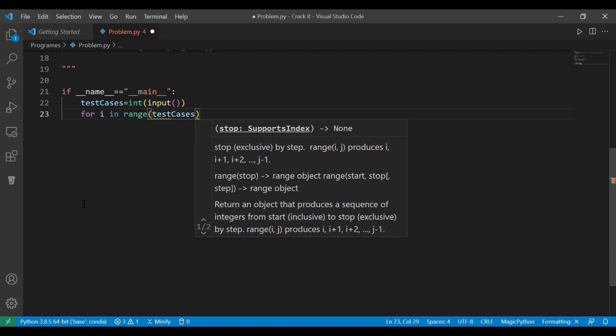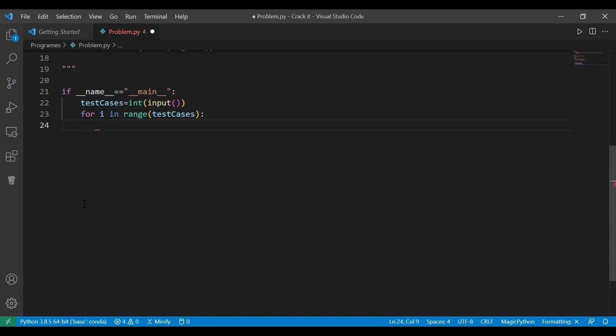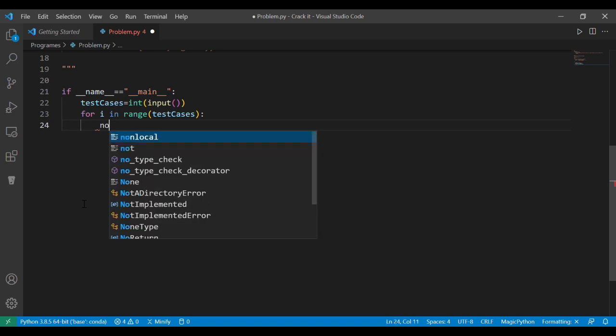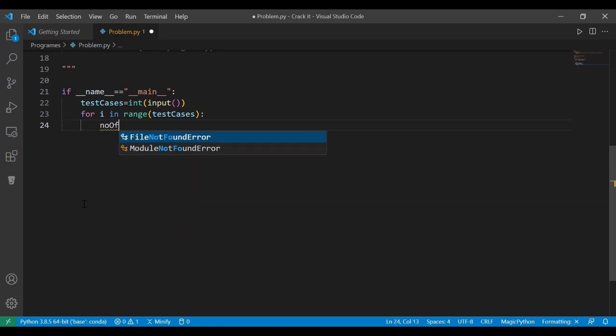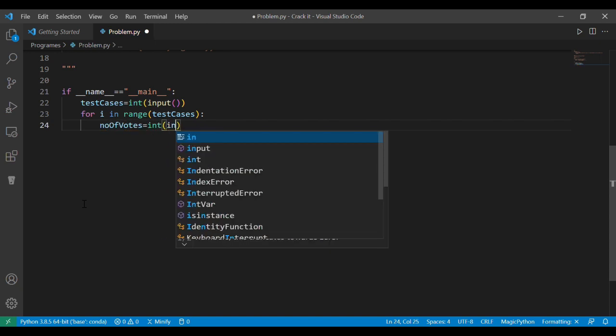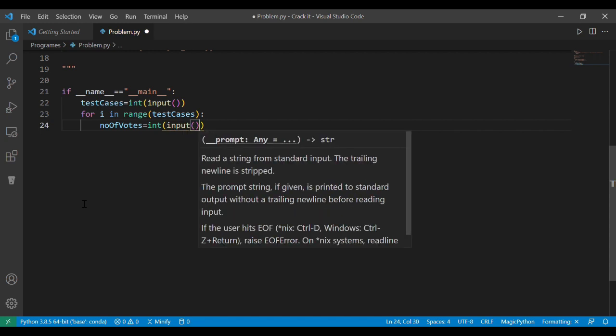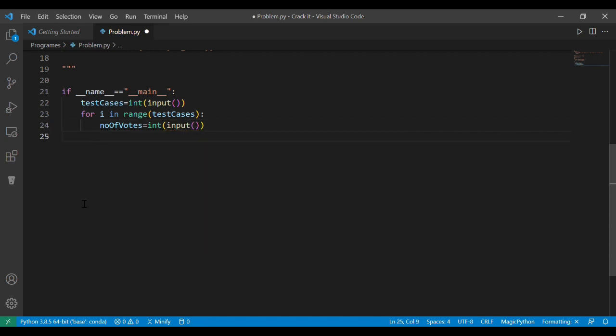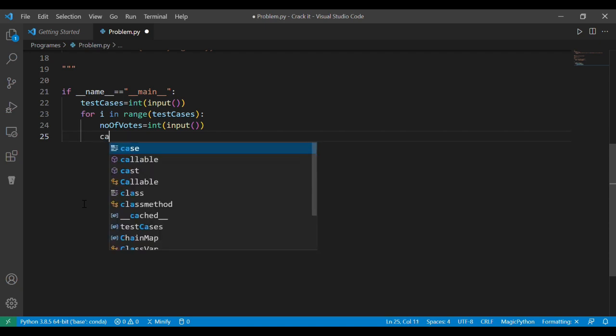My range is test cases. Each test case contains two lines. The first line is all about the number of votes. It is an integer type, so that's why int input. Then I have to take the candidate names, so candidates